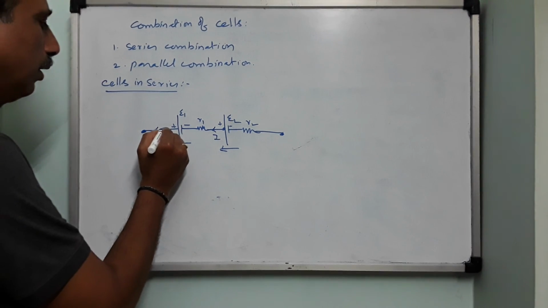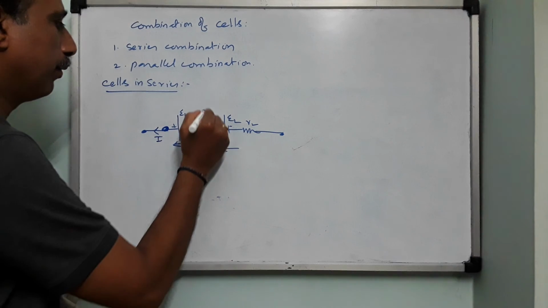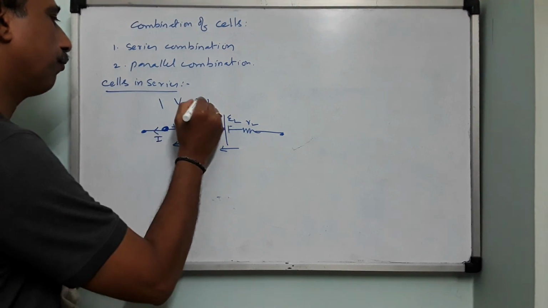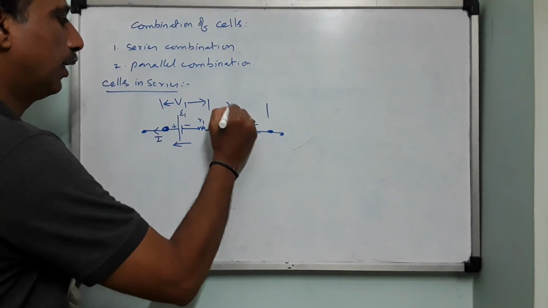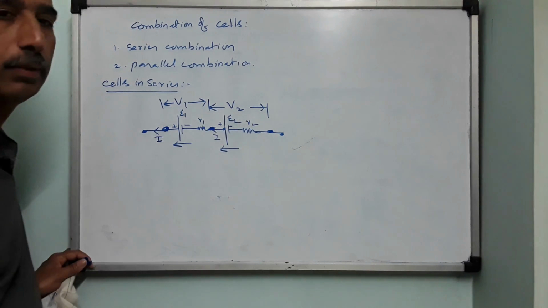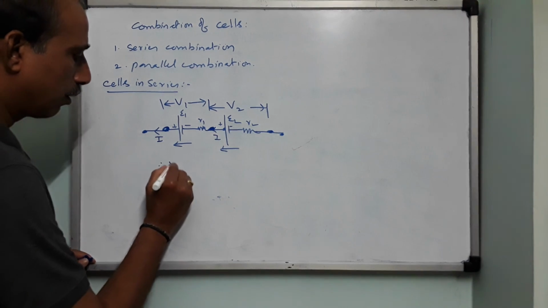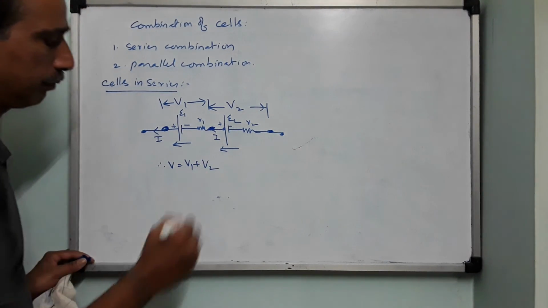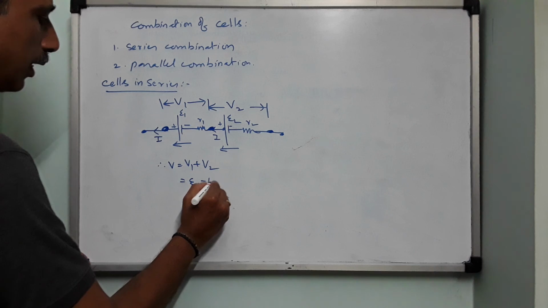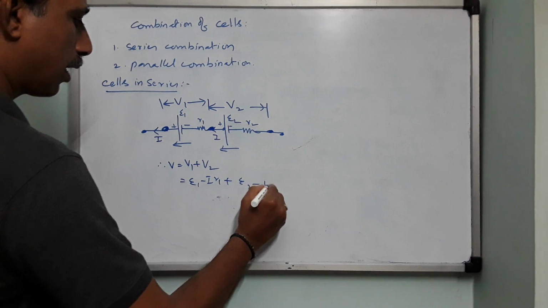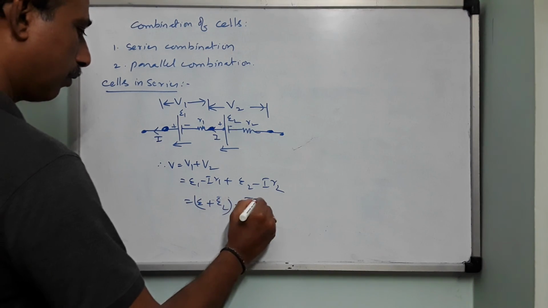But if you see these 2 points, between these 2 points you have a terminal voltage V1, and between these 2 points there will be terminal voltage V2. They are in series, voltage will be different, like resistors only. Therefore, we write V equals V1 plus V2. So what is V? V is nothing but E minus Ir. So this will be E1 minus Ir1 plus E2 minus Ir2. So this is E1 plus E2 together and minus I into r1 plus r2.